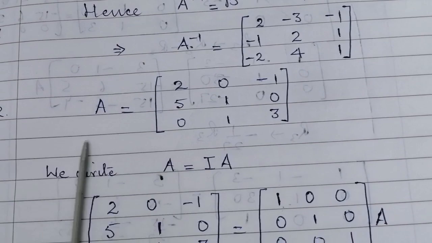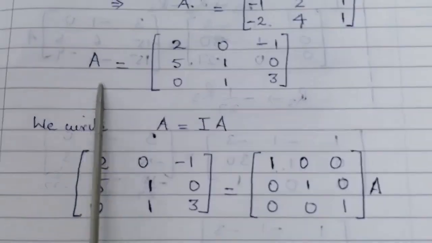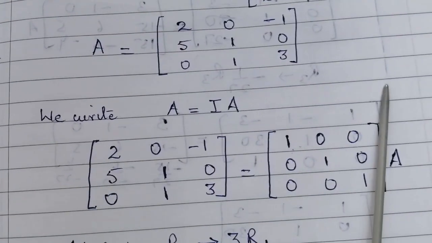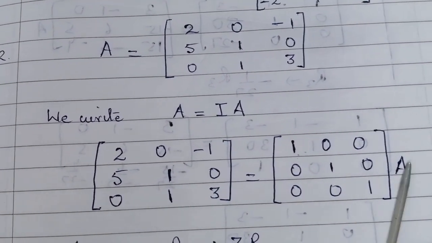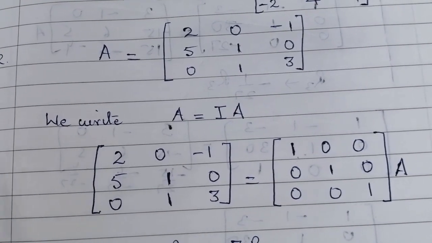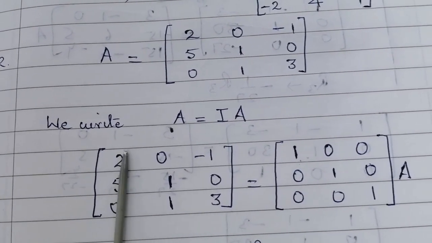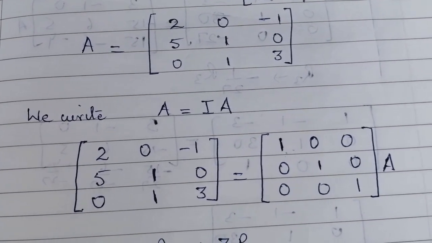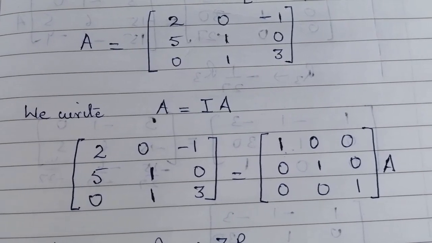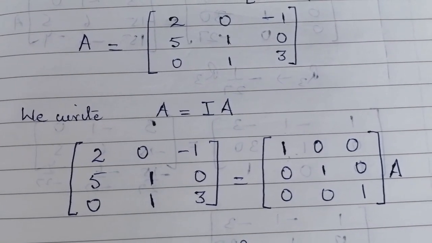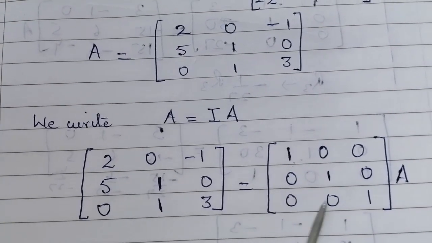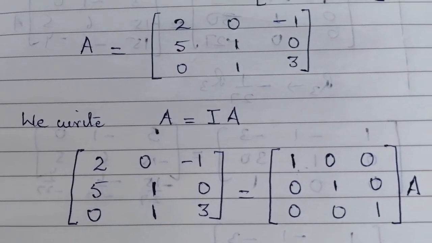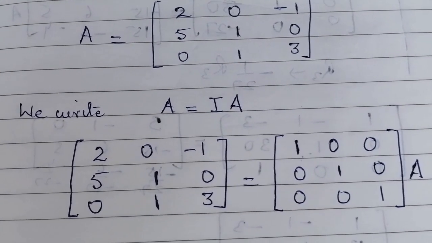Okay, now I come to next question. We are going to find the inverse of this matrix again using elementary transformation, and I am using row transformation first. In the next video I may discuss about column transformation, but generally it's not mentioned in the question whether you are going to use row transformation or elementary column transformation. Mostly they simply mention using elementary transformations find the inverse. So most of the time students prefer row transformation, but it may be asked for column transformation also. So we'll be discussing that in the next video.